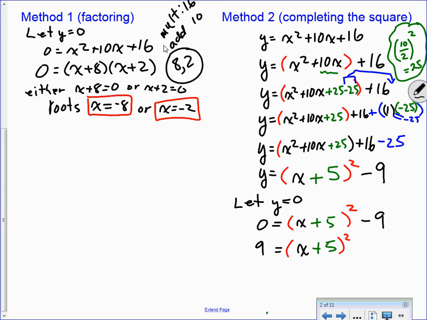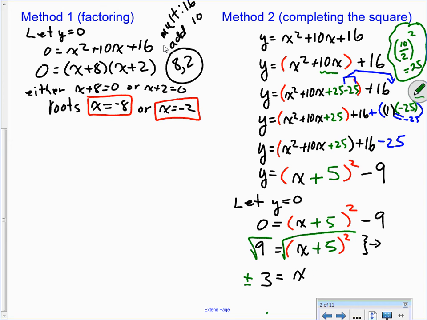So now we're going to get rid of that square. Remember, when you take the square root of a square, the reason why we end up taking the plus or minus is because we take the square root of a square on an equation. So in this case, the number that comes out on the right side should be plus or minus 3